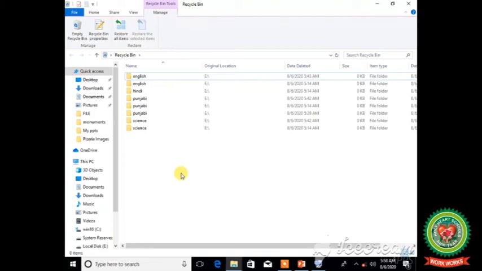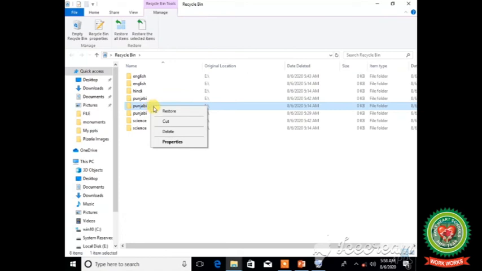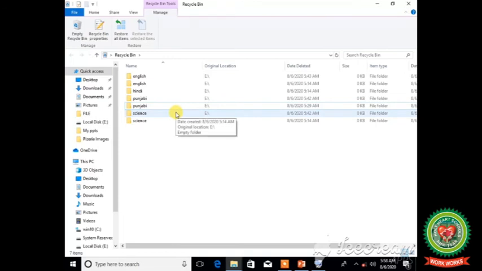And the second way to restore a file or folder is, firstly, right-click on any file or folder. For example, I want to restore the Punjabi folder. So right-click on it and click on the Restore option. And you can observe that after clicking, the Punjabi folder has moved to the E drive.